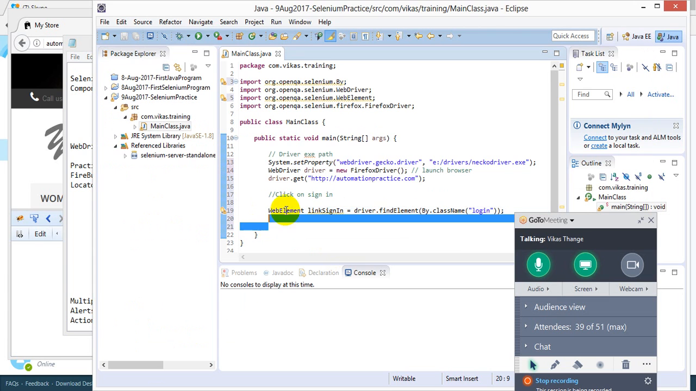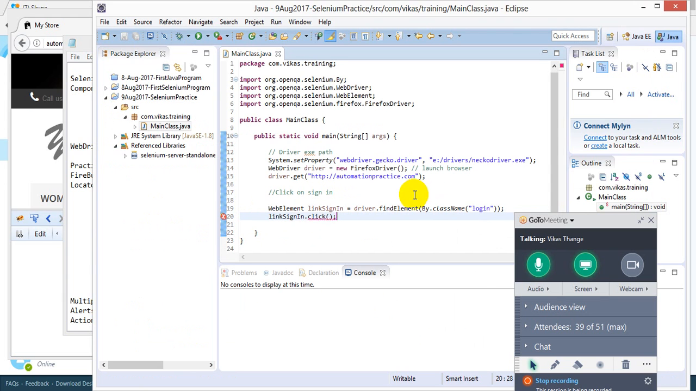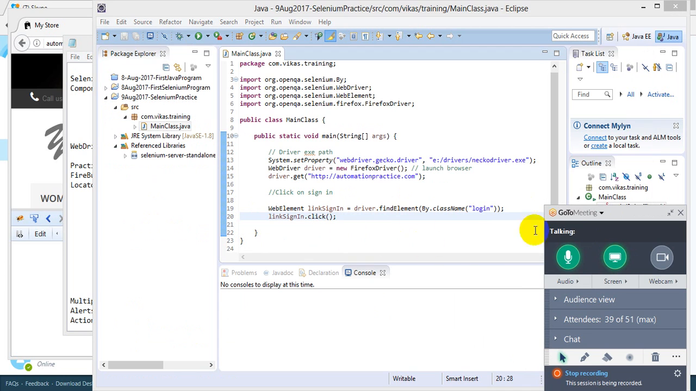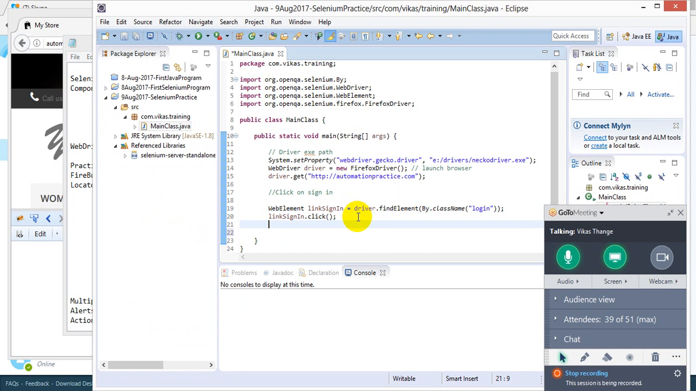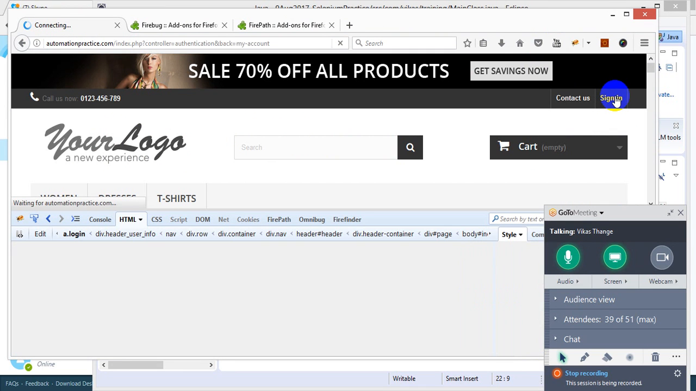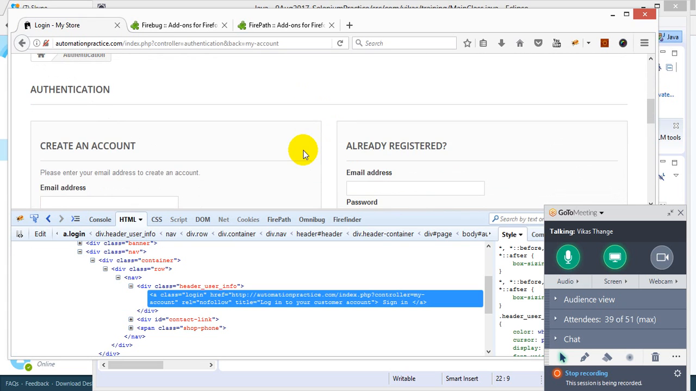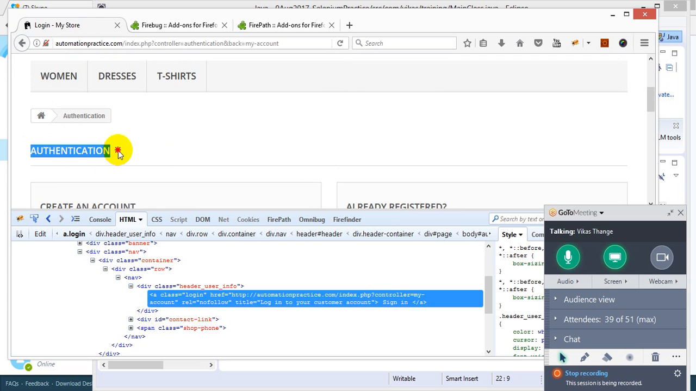Let me uncomment that. Yeah. So I got that web element. On that web element, I have to perform click. Okay. So I'm done clicking on that element. Once the element is clicked, let's do that step manually. So I'm clicking on that element. Okay. The next step is it is showing me an authentication screen